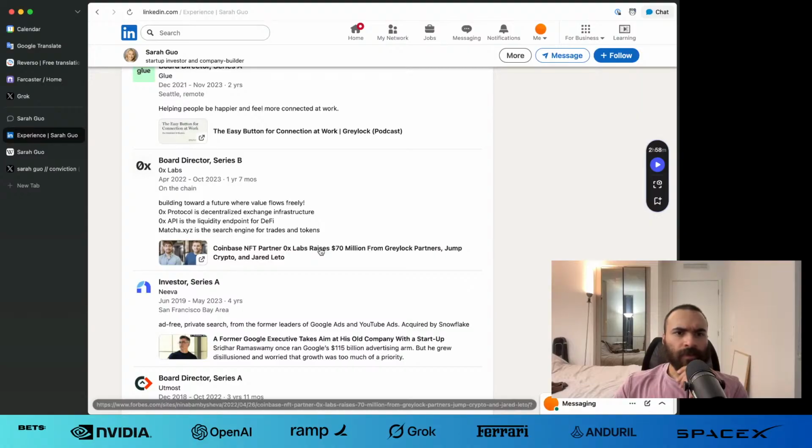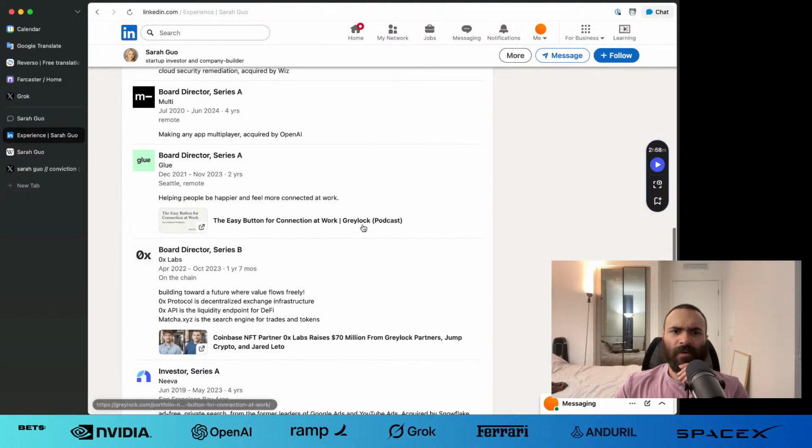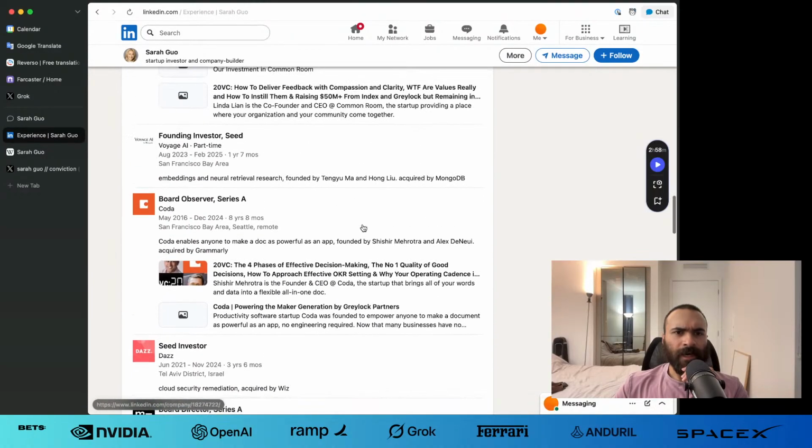Decentralized exchange infrastructure. Okay, I have a friend who works at 0x, so this is very interesting. 0x API is the liquidity endpoint for DeFi. Matcha.xyz, the storage engine for trades and tokens. Jump Crypto, Jared Leto. Wow. Glue, Multi, Daz, Coda,